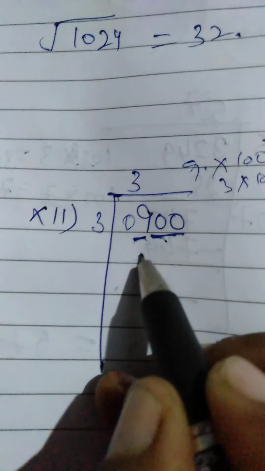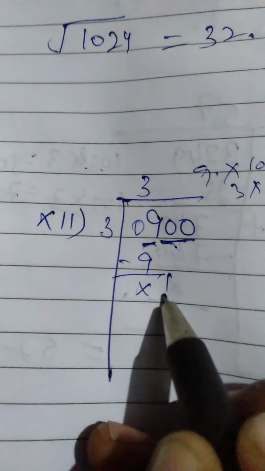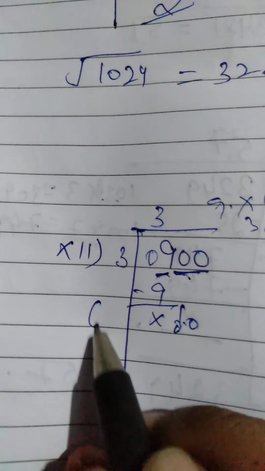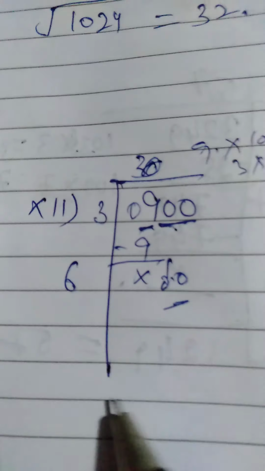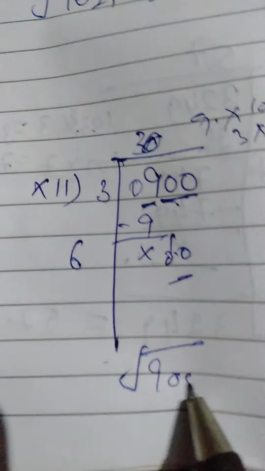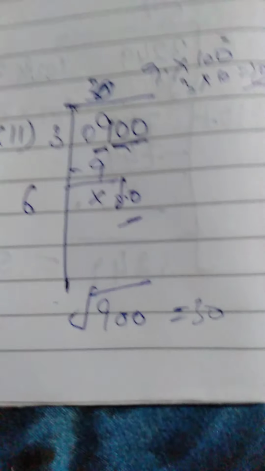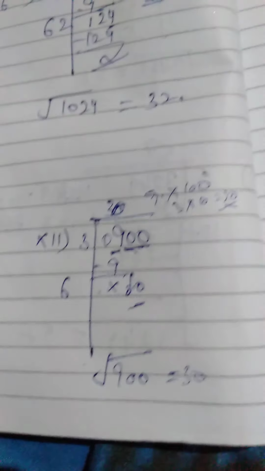9 will be taken with 0, or alone you can underline 9. So it goes at 3. 3 3s are 9, right? And forward double 0 here. Now 3 2s are 6. Here are 0, so it will not be divisible. So we will get a 0 here. So the square root of 900 is 30, right? So this all is the complete solution of question number 1.